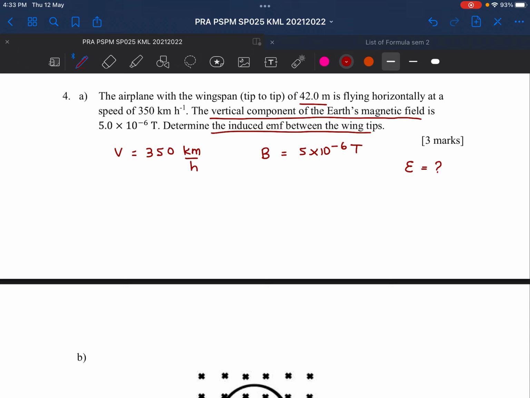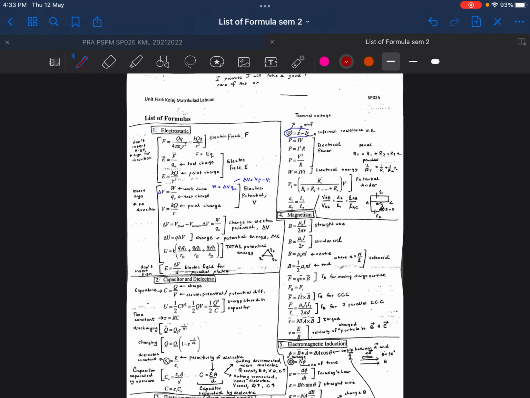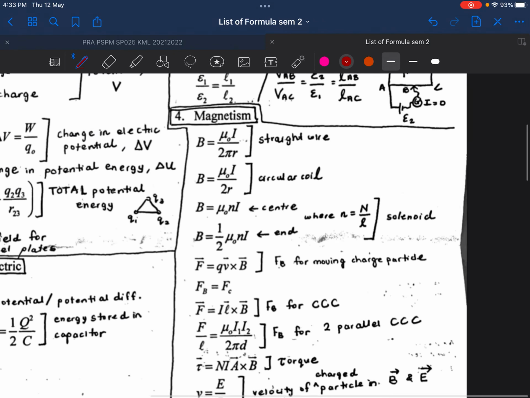Okay. So if you confuse which one so this one is, can you imagine? We have katalah B contoh B into the page contoh. Now katalah kita ada the airplane. Okay, and then dia bergerak with a speed of V kan. So this one is the straight conductor punya case lah kan dalam EMF tu kan. So kalau kamu tengok kat sini kan, this one